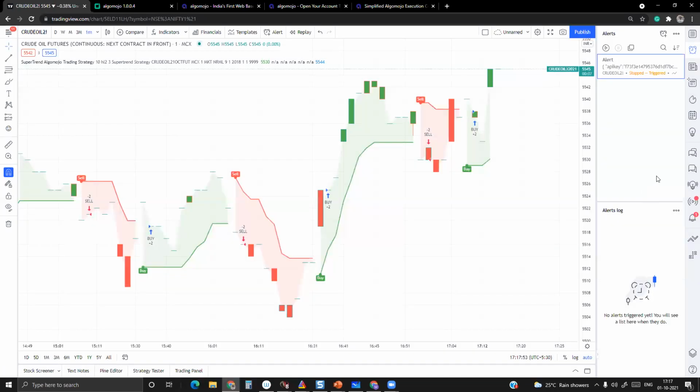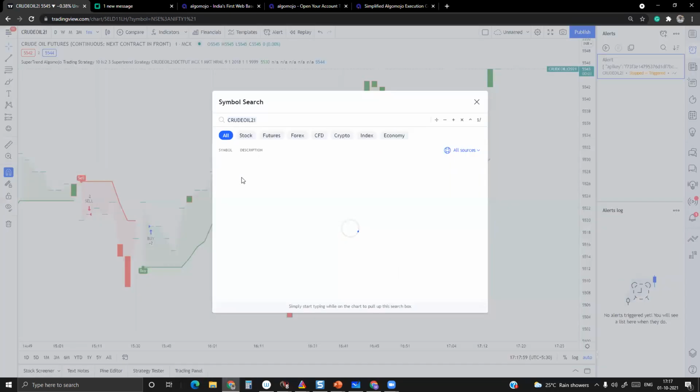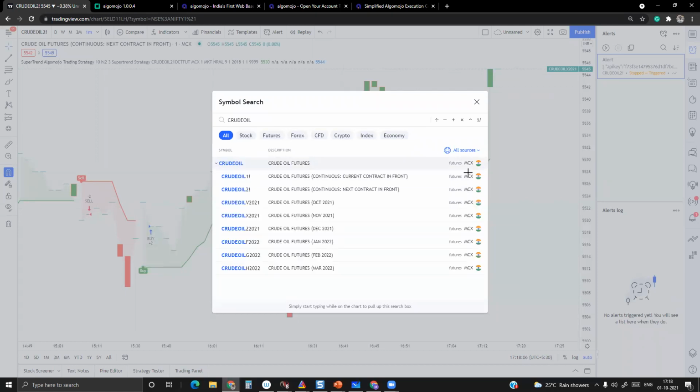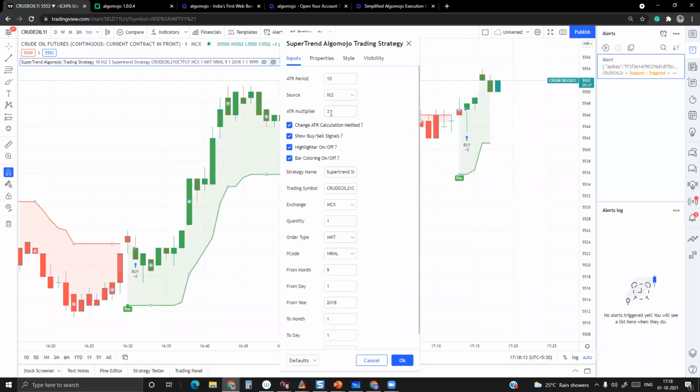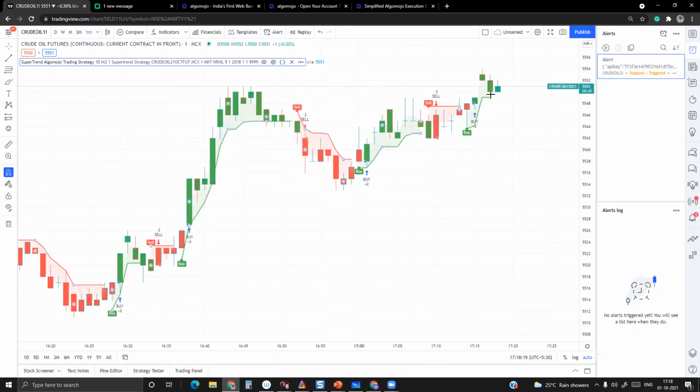I keep it clean. Here, probably this crude oil 1 month contract, right? Crude oil, what I need is a current month contract. Okay, here is a current month contract. Super Trend is also there. I'll also do one more thing. For faster signals, I'll also use the ATR as 1, so that we'll be able to get a hit also. Faster signals means it will be entering and exiting faster and giving signals over here.